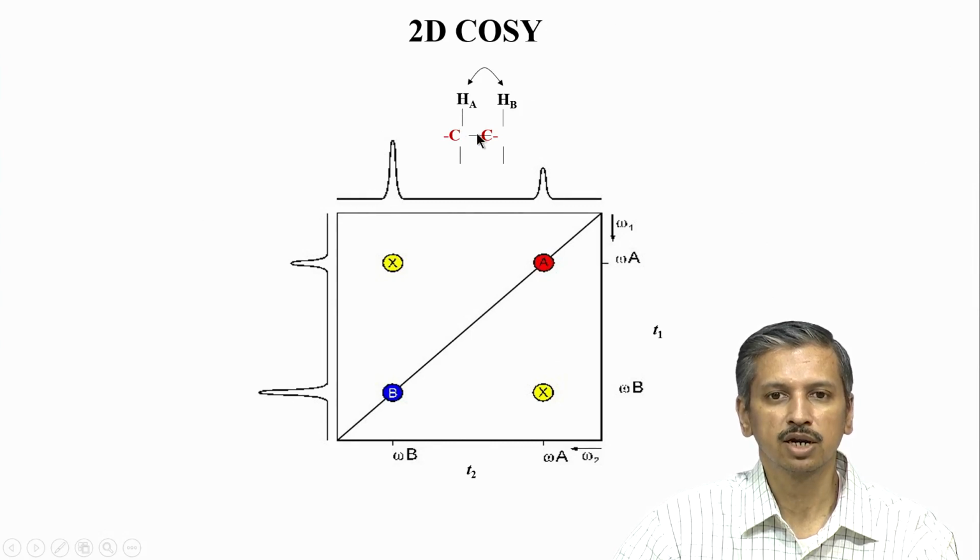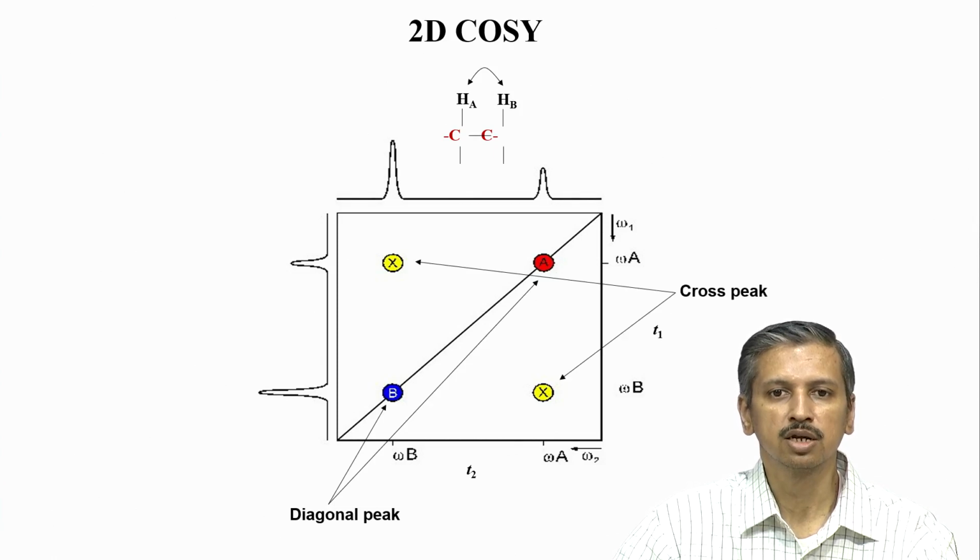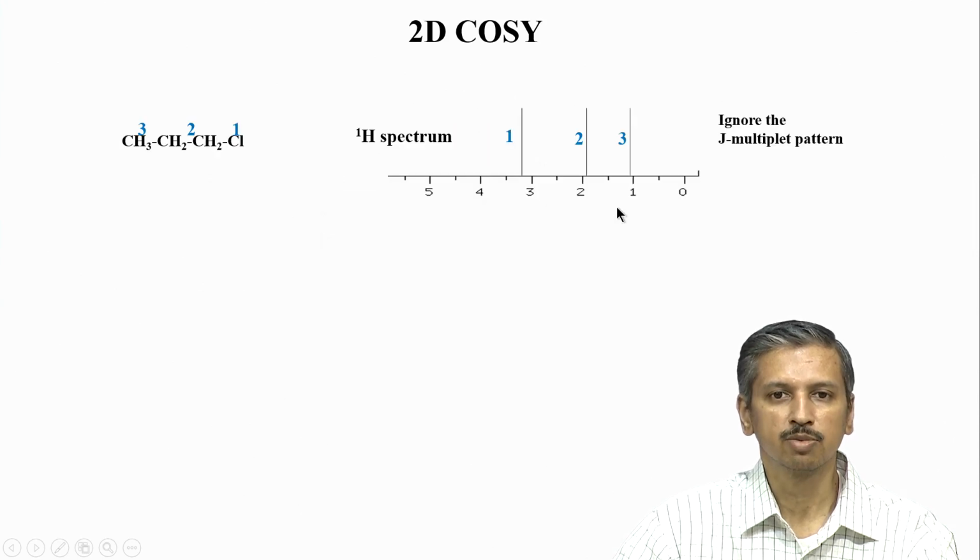So, if you want to do that, let us say you have a molecule which has a long chain, say 4 or 5 carbons, and you want a connection or correlation between this hydrogen and a hydrogen located far away, we then have to use a TOCSY experiment, which we will see next. Right now, let us see what other things we can see with a COSY experiment, and this is the cross peak and diagonal peak which I already referred to previously.